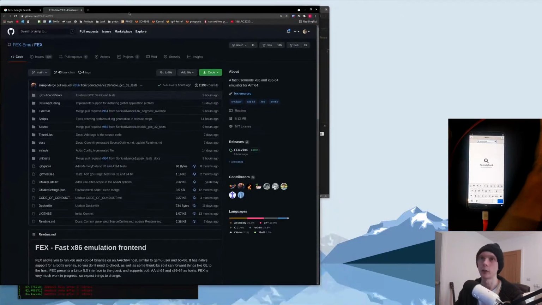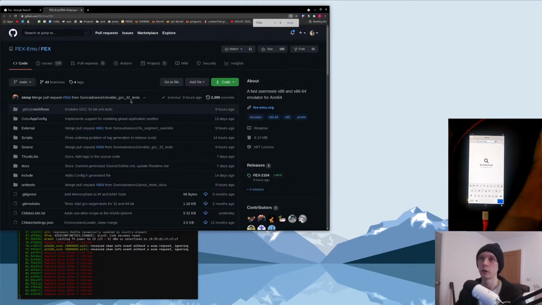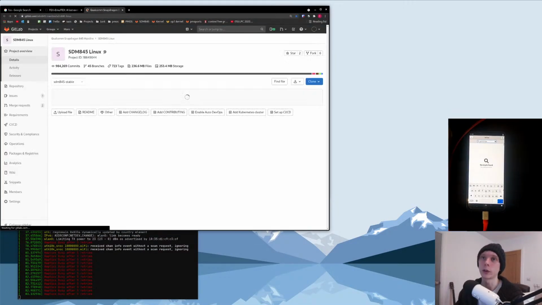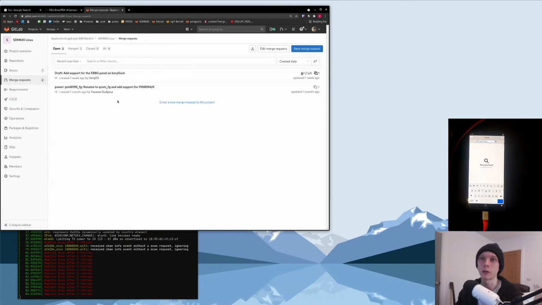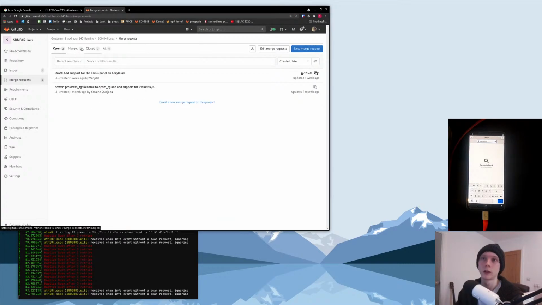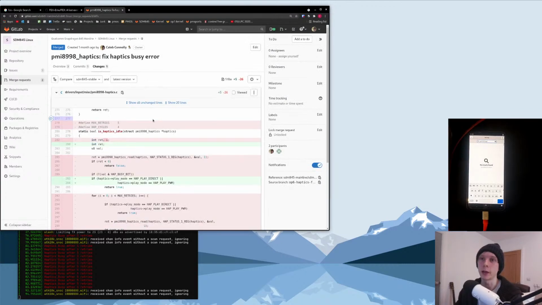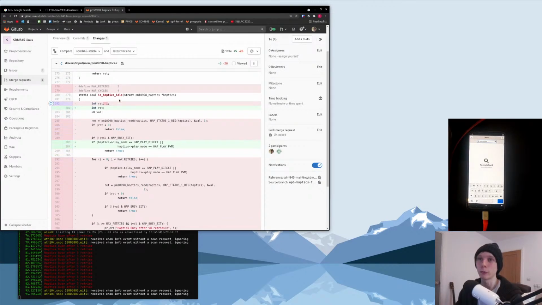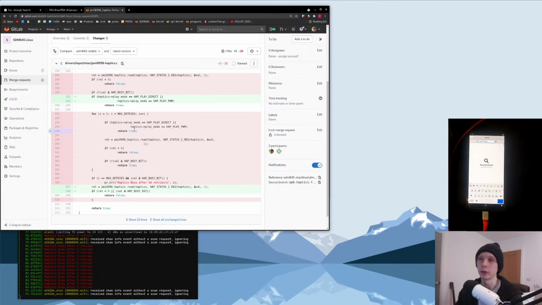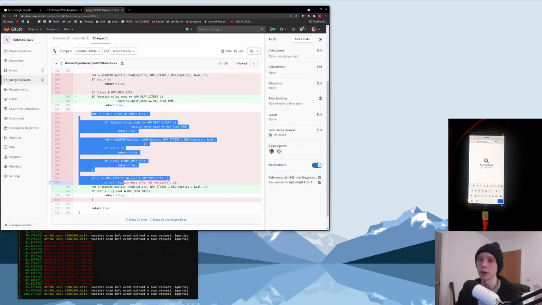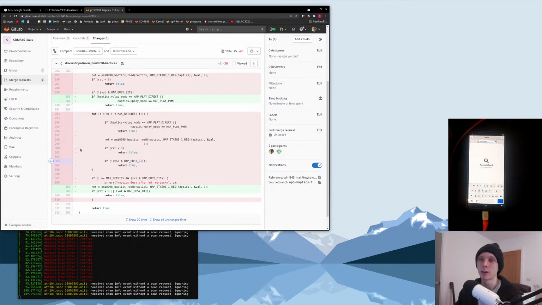You can actually go and look at the merge request. Here we go. Fix haptics busy error. So we basically just rewrote this haptics idle function to not do this weirdness where it was retrying. There was no sleep, but